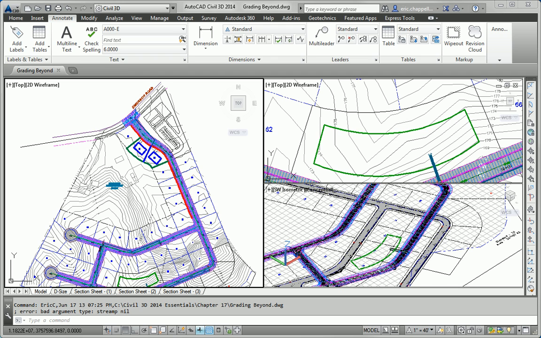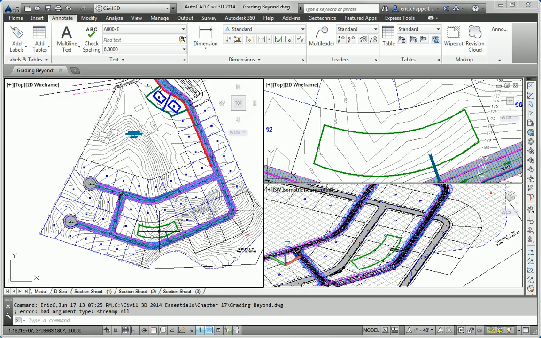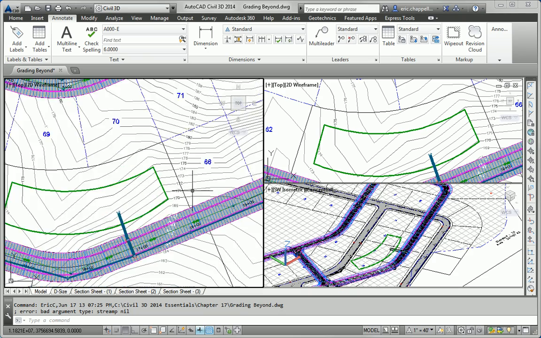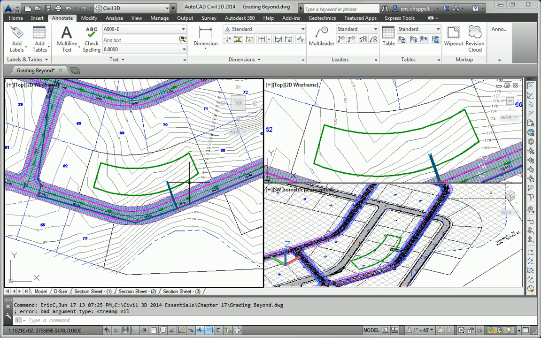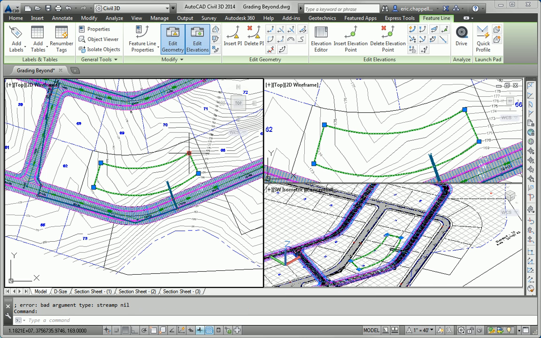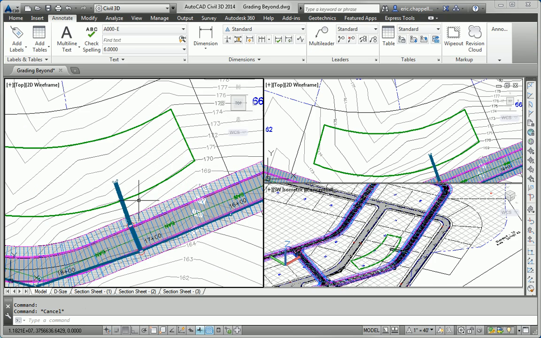The first is to create a pond design similar to the one we created earlier, but this time in a different place. We've got a feature line provided between lots 62 and 66. You can see it here, and we're going to build a pond. To get started, I'm going to check the feature line and make sure it's got the right elevations on it, and I can see that it's at elevation 169. And if I take a look at some of the contours, that kind of makes sense. Here's contour 169 right here and 168 down to the road,